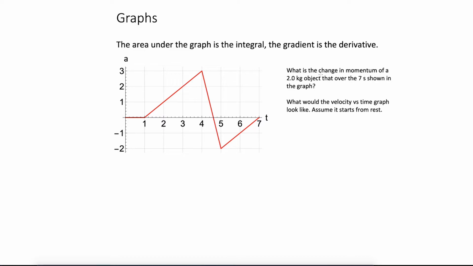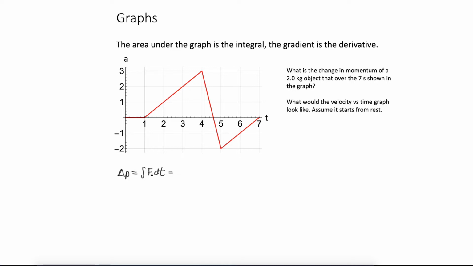So the first question: what is the change in momentum of a 2 kilogram object over the 7-second interval shown in the graph? So what we want to know is what's delta P. And one way we can do this is to use impulse, which tells us that it's equal to the integral of F dt, which is useful because if we had a force versus time graph, then we could just work out the area under this graph. Unfortunately, we don't just have a force time graph in this case,